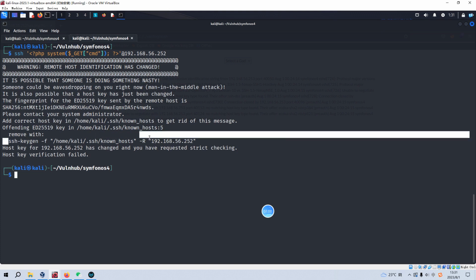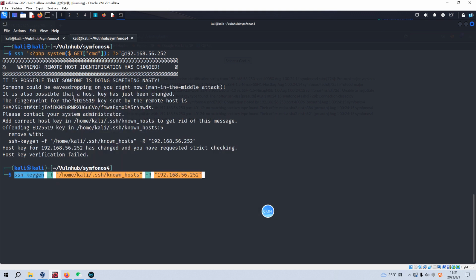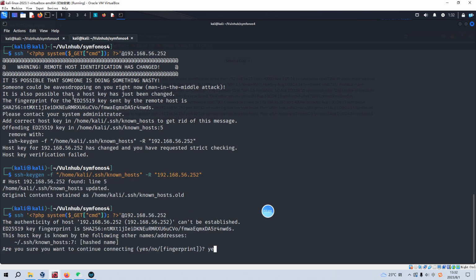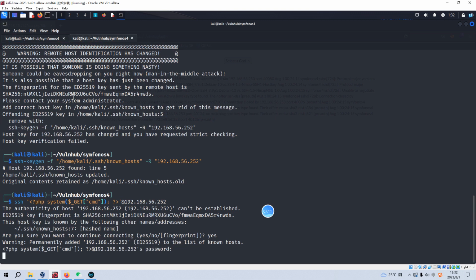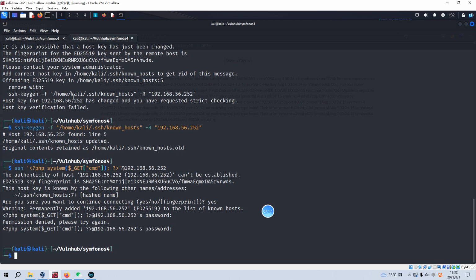Sorry, I need to remove the existing information first, and then log in again. Yes, and the password, of course, we cannot get it working. So I'd like to quit this login, and then we go back to our